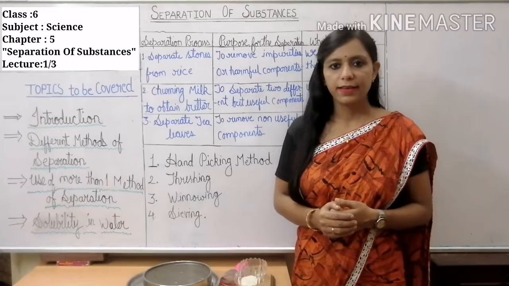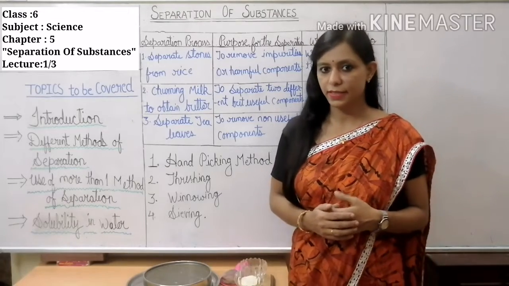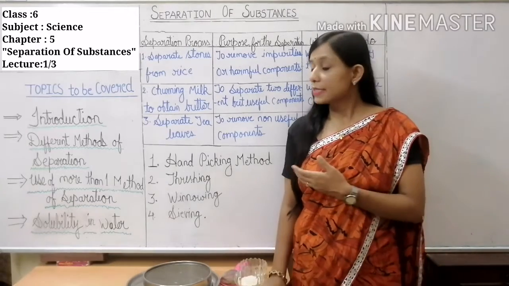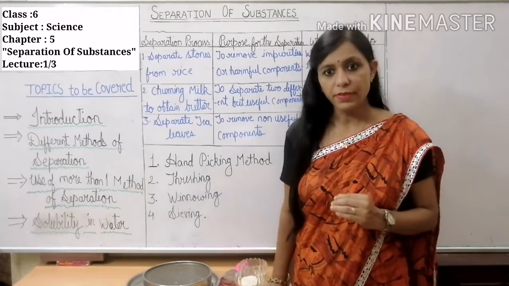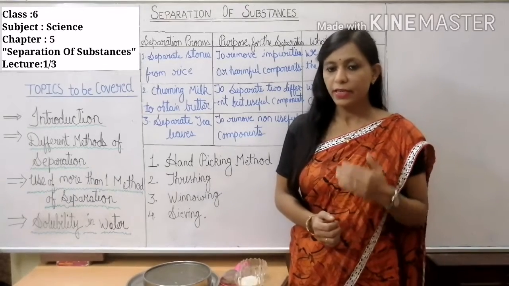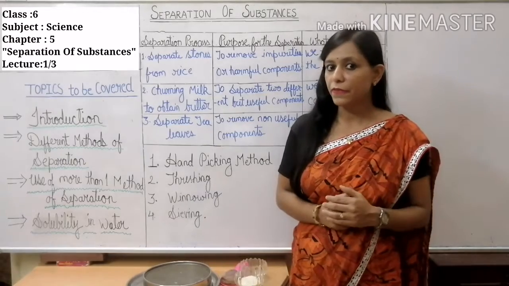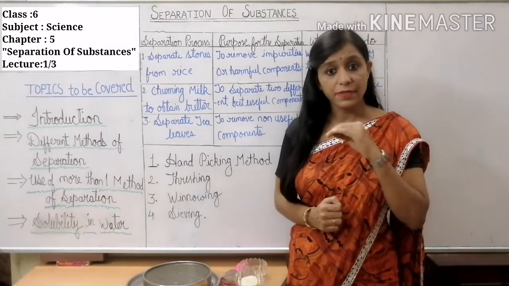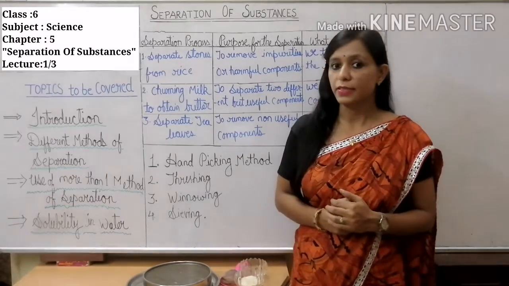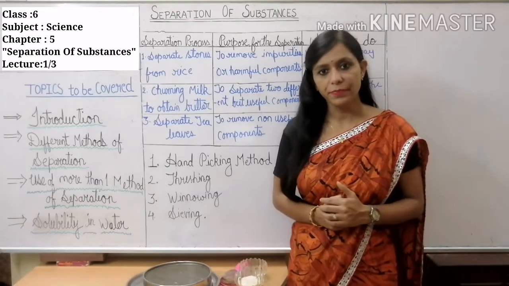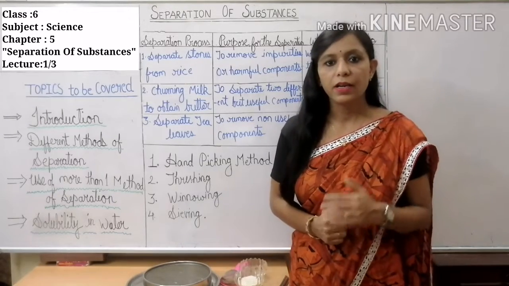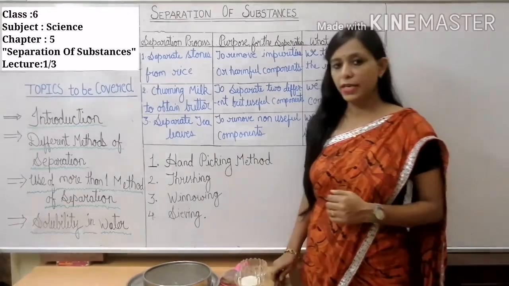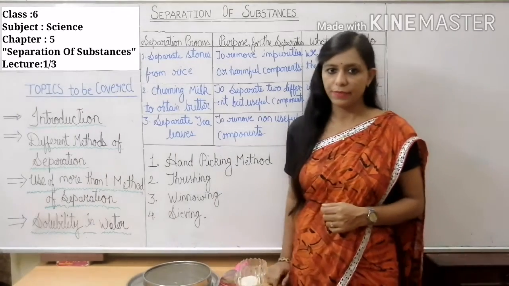Okay. Before moving forward, let's make this clear once again, so you don't get confused between threshing and winnowing. In threshing, we separate the grains from stalk by beating manually on a hard surface or with the help of threshers. And in winnowing, we separate husk from grains by blowing air. I think you have clearly understood the difference between threshing and winnowing. Now we will move to the next method, and that is sieving.